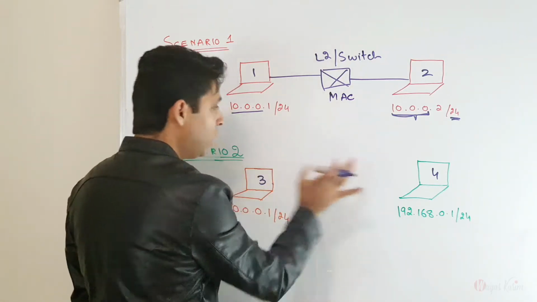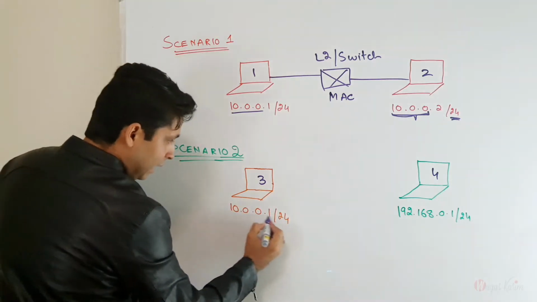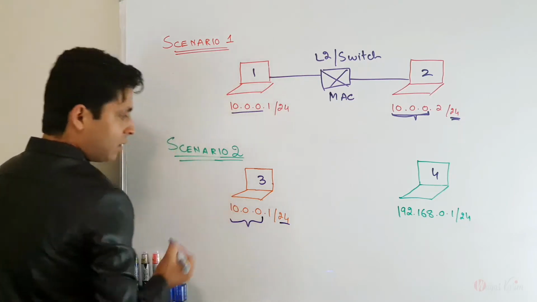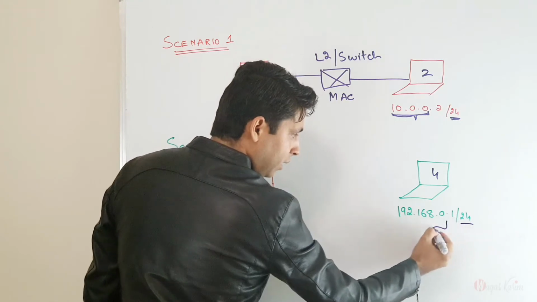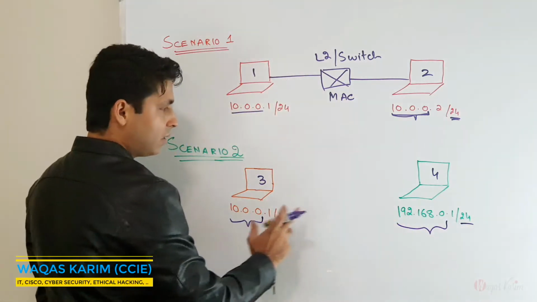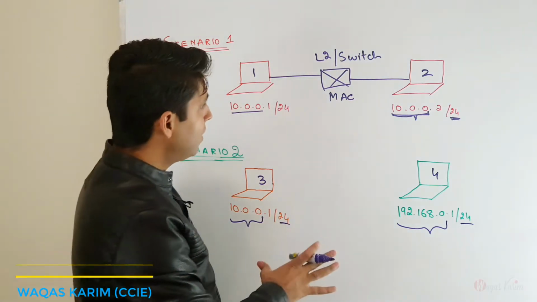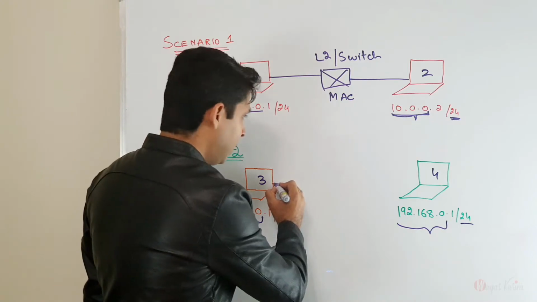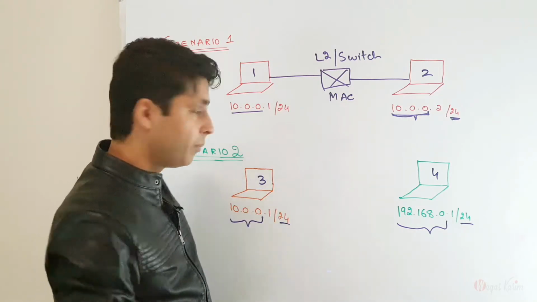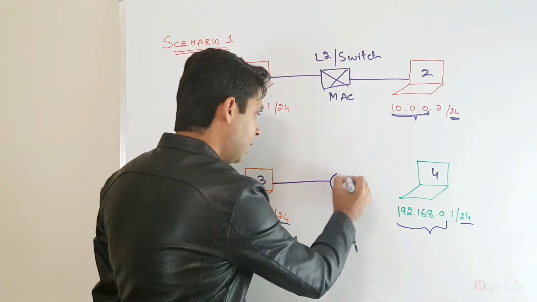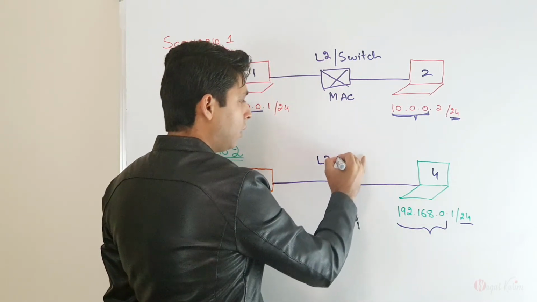While when we have two hosts, two devices which belong to different subnets, you can see /24 means that the first 24 bits represent the subnet here. While /24 here, these are two different IP subnets. This is 10.0.0, this is 192.168. So when we have this kind of scenario where devices belong to different IP subnets, which type of device do we need, you guys can tell me. Should I still use the switch or what? So the answer is we need a device called a router, and a router works on layer 3 IP addresses